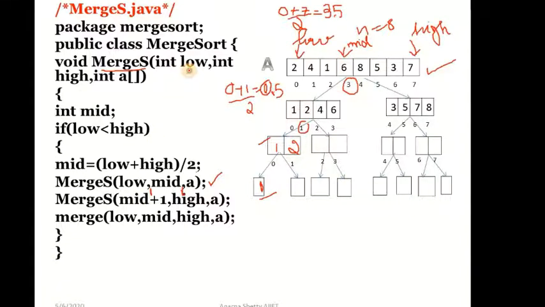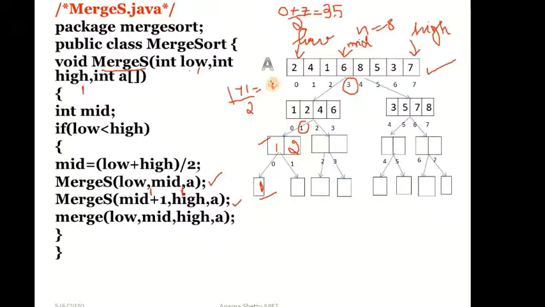Here it will call merges, right? Here again it is calling itself with the values 1. Low will have 1, high will have 1, and it will pass A. Again we are finding mid. When you find mid, 1 plus 1 by 2, how much will it be equal to?